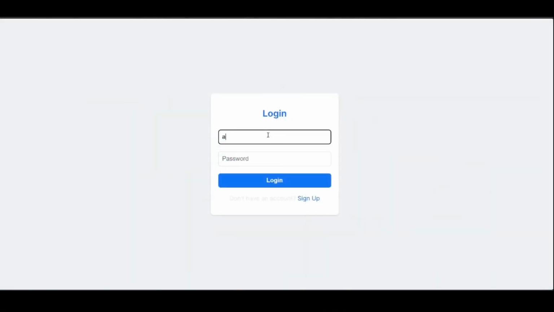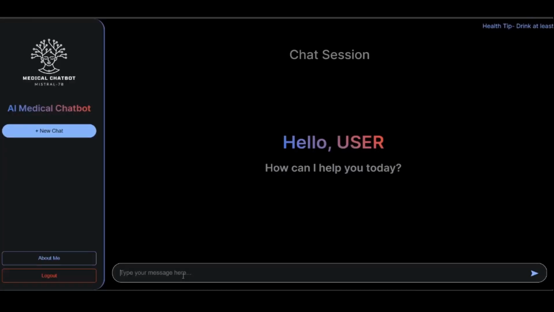And I'm going to give you a small demo of the project. Start by logging in the credentials. There is a sign up page also. For the first question,